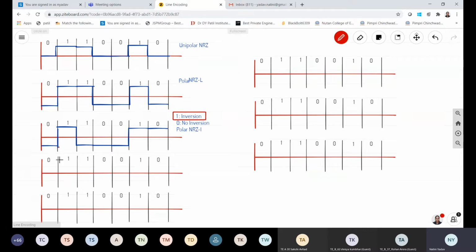Okay. So I have inverted here, correct? Again there is a 1. So what I did, again I inverted here. The first inversion I did here, then I inverted here again. After this data 1, what is there? 0. So no inversion, I continued. For 0, there is no inversion.